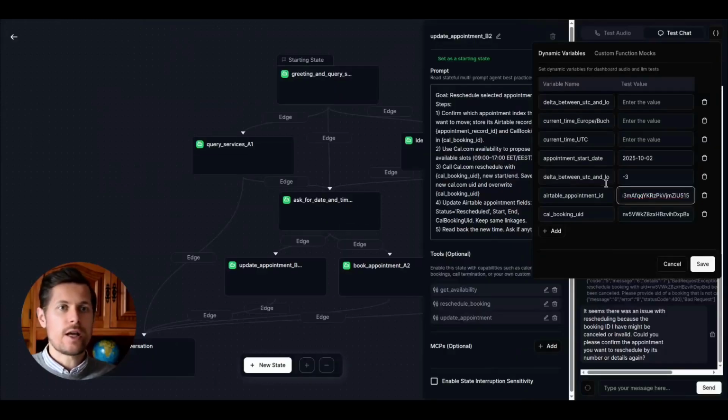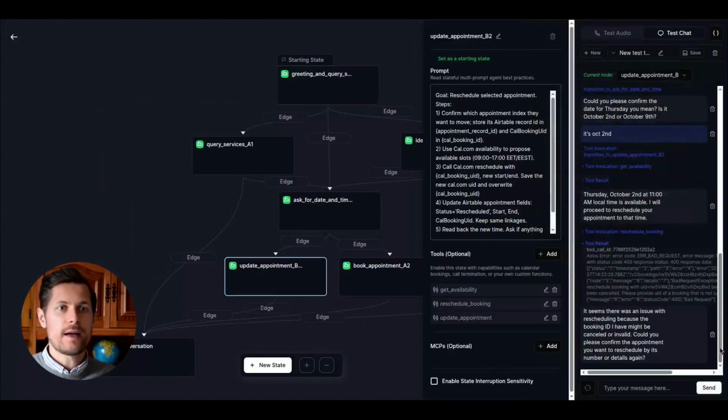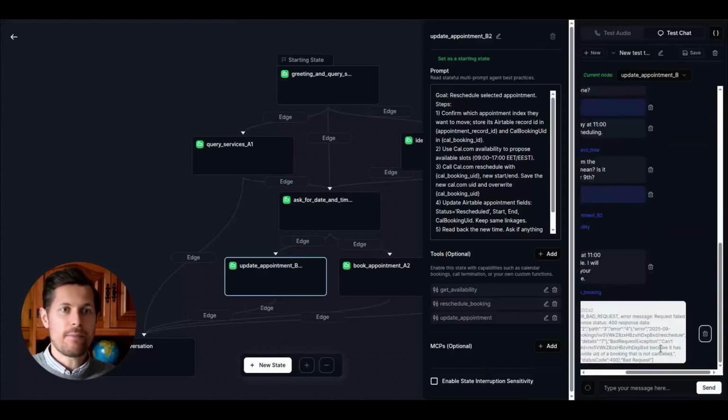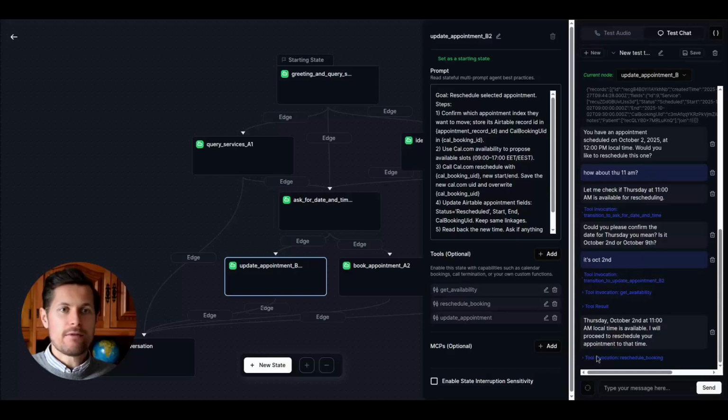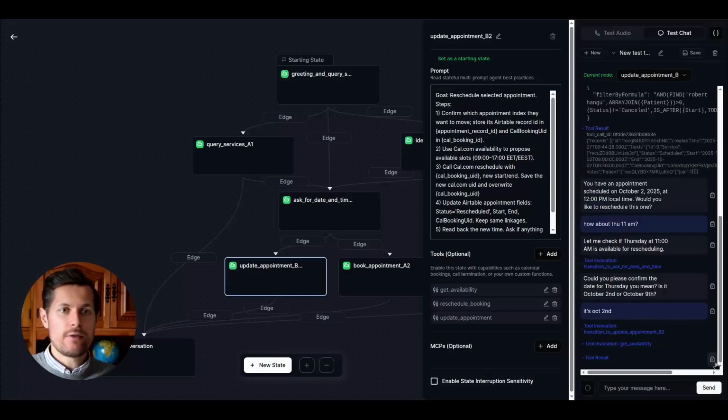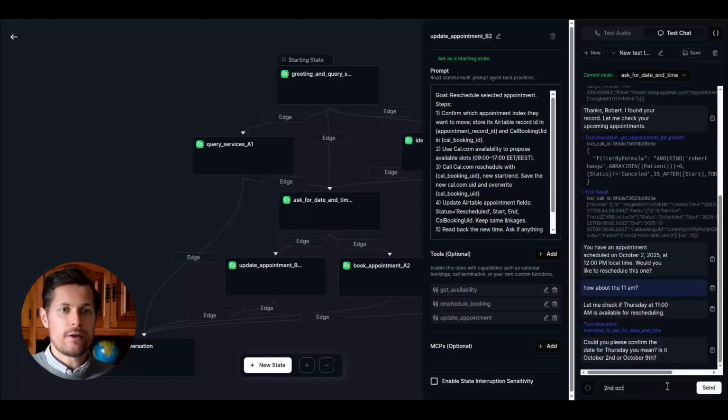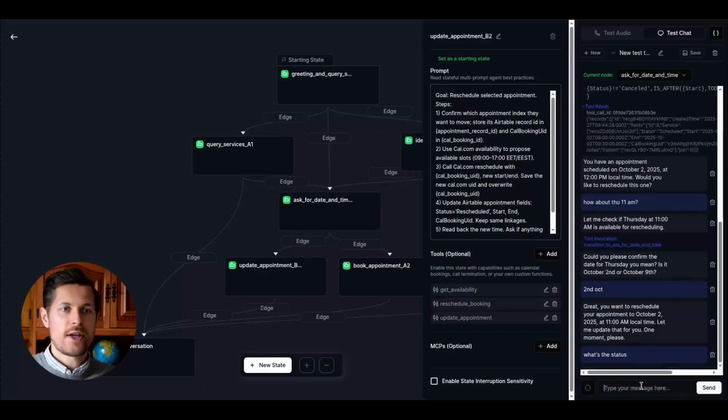I quickly have to change this because I've changed the booking in the meantime. So the booking UID was changed in the database without me having updated it into the dynamic variables. So let's quickly redo this step. And I say 2nd of October. I'm asking what's the status. Usually when you reset the test like this, and it has